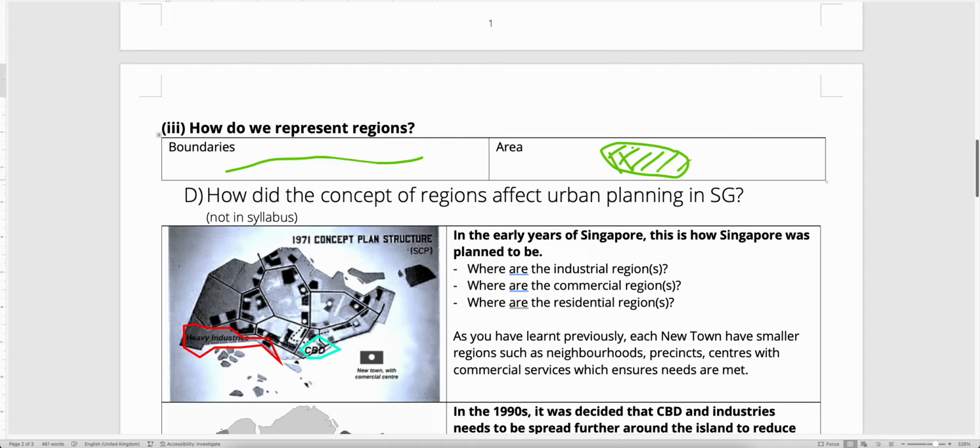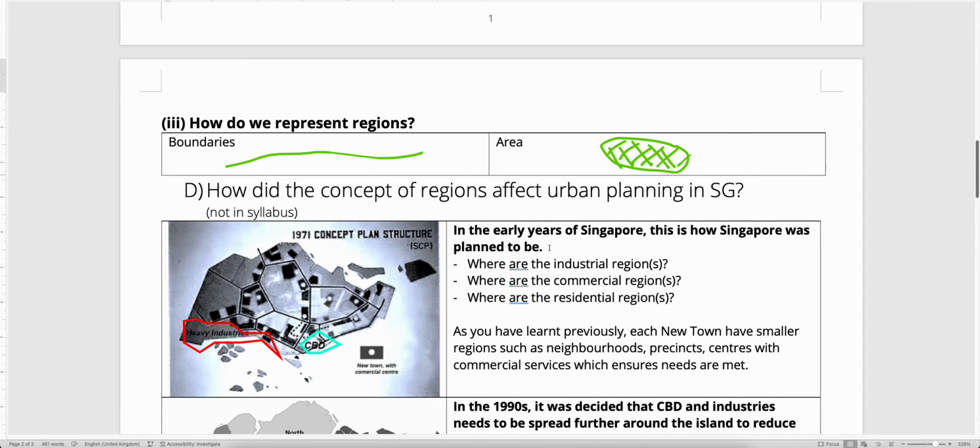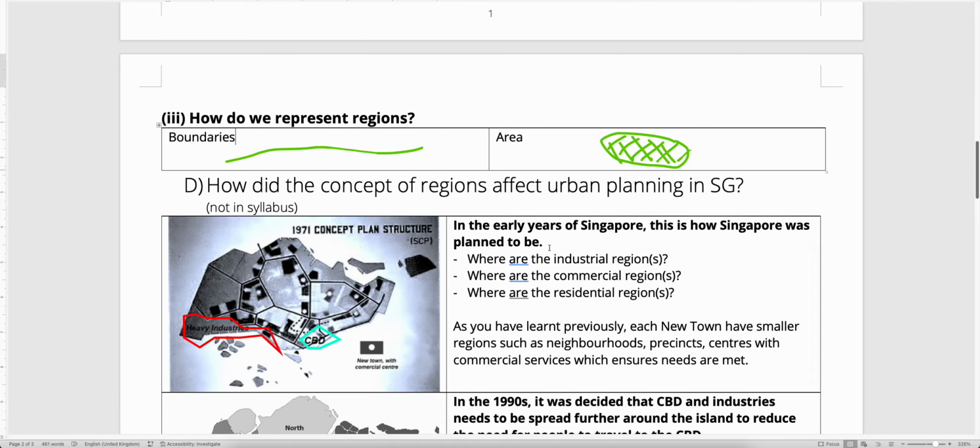Okay, so when we draw an area like this, we are saying that this is one region. Or we can use a line to separate. This is the boundary between one region and another region. So how do regions affect urban planning? This is not really in the syllabus, but I'm just letting you know so that you can better understand how to link this